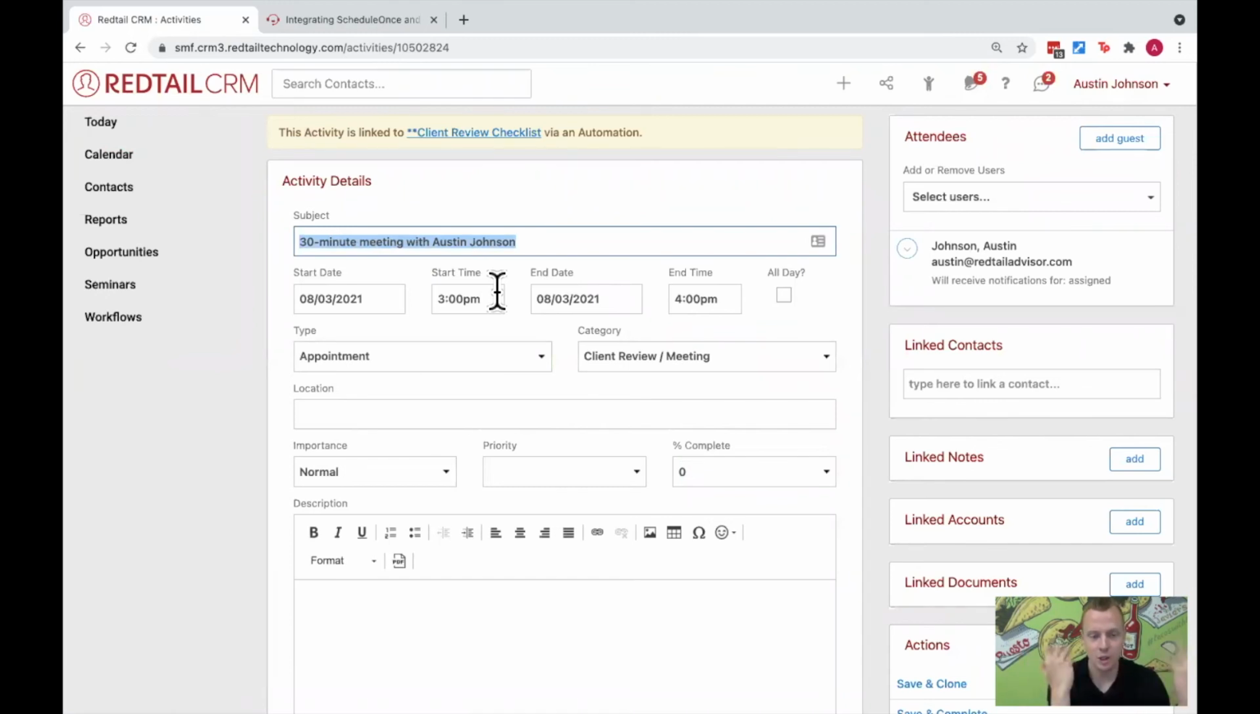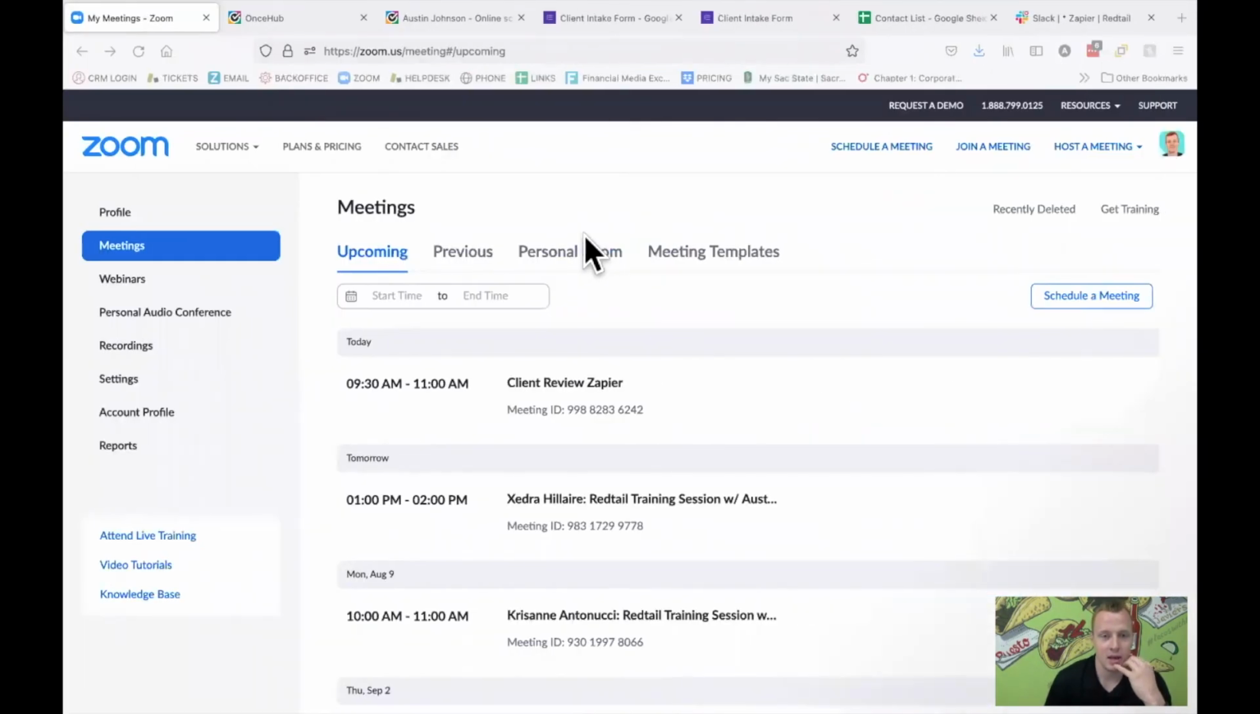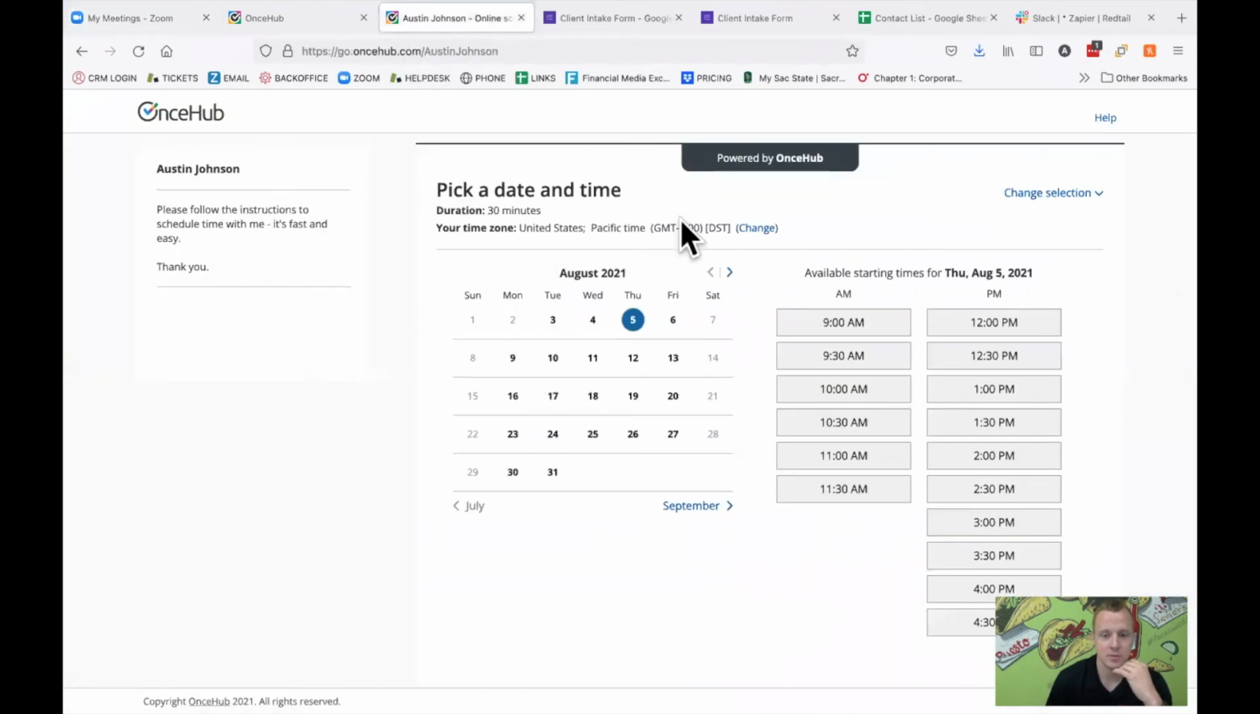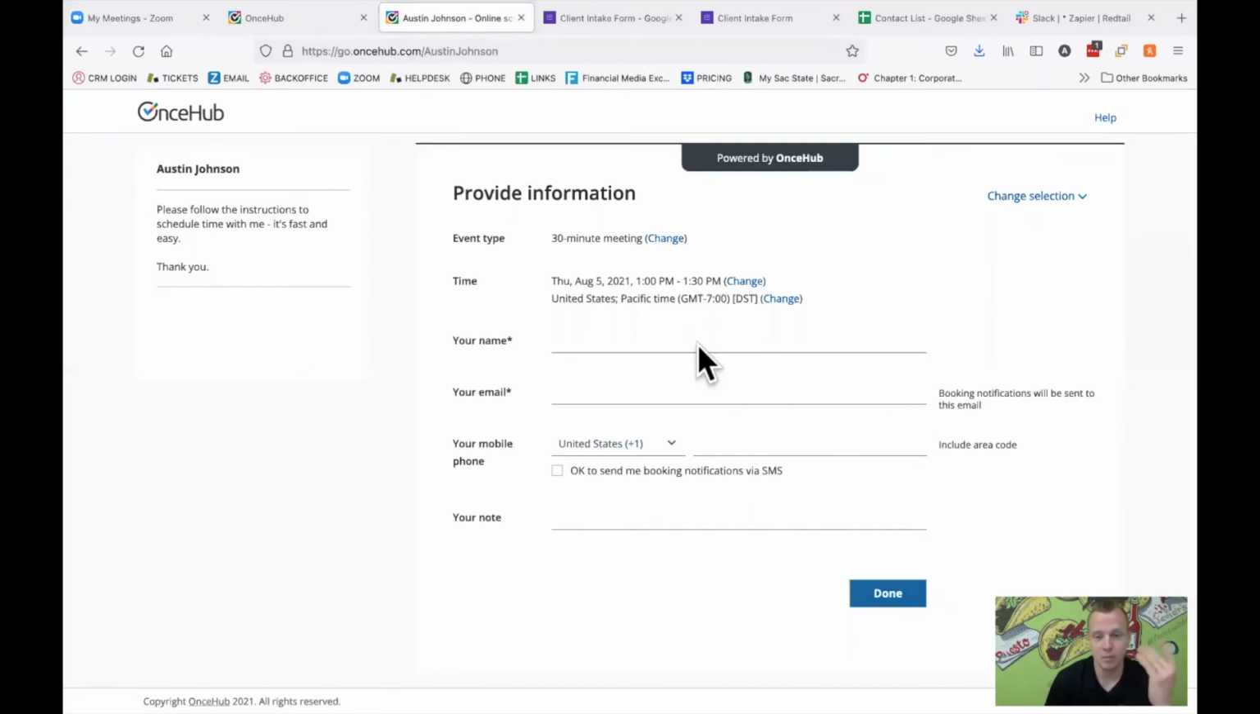So now, again, showing you how this would work, we can go ahead and come here to ScheduleOnce. So here's my ScheduleOnce calendar, right? And if I want to book something, let's say for Thursday, let's do 1 o'clock on Thursday. The client puts their information in. So in this case,